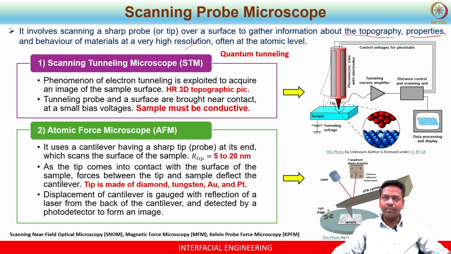In the case of non-contact mode, the tip hovers above the surface at a distance of, let's say, a few nanometers. Whenever there is a change in the distance, the change in amplitude and frequency is collected by the photodetector, and this information is processed to form an image. In the case of tapping mode, the tip doesn't touch the surface continuously but intermittently, so it taps at regular intervals. At the same time, the tip hovers above the surface at a distance of 2 nanometers. In this way, you collect the information and process it to form an image.